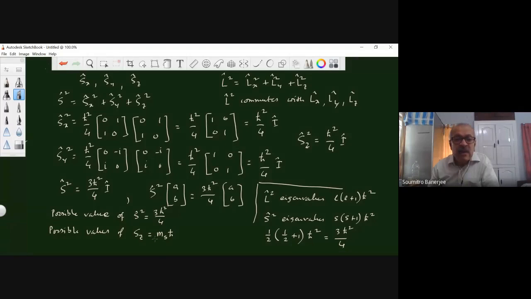We write in a similar way. If we write in a similar way, we see that ms can have values plus minus half. This S is a spin quantum number and ms is a spin magnetic quantum number. So ms is